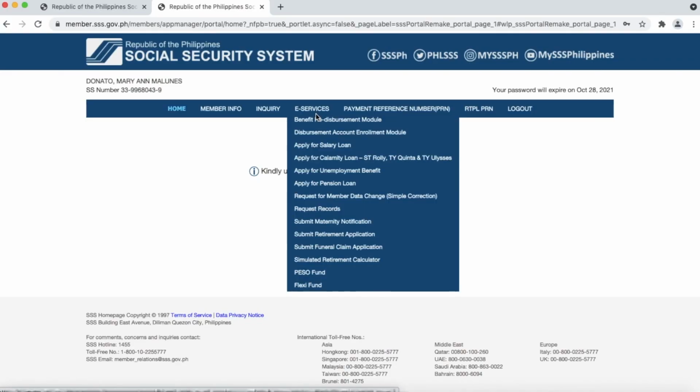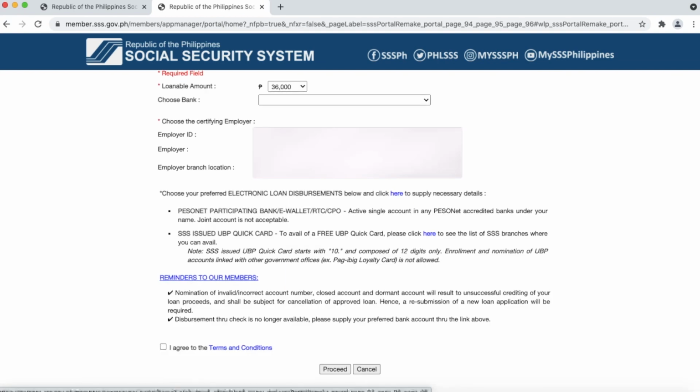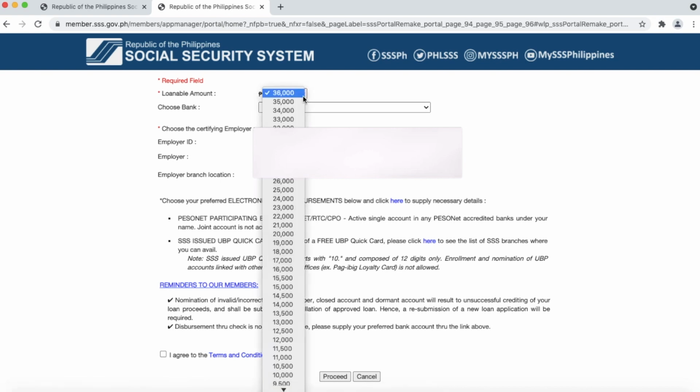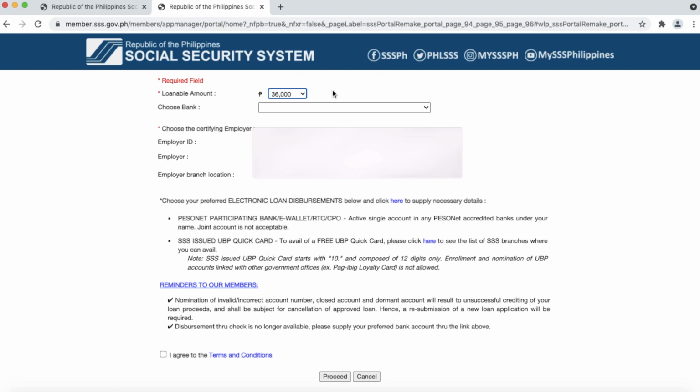Open natin tong e-services para tignan natin kung approved ba yung ating sinubmit na bank details. So, click ulit natin yung apply for salary loan. Ayan guys, kung makikita nyo, mayroon na siyang yung amount na pwede nyo ma-loan. So, ang pinaka-maximum niya ay 36,000. Wow! So, ibig sabihin guys, approve na yung aking bank details kasi ayan na,